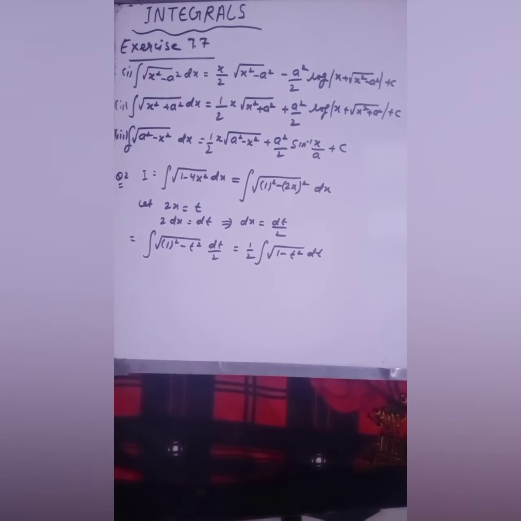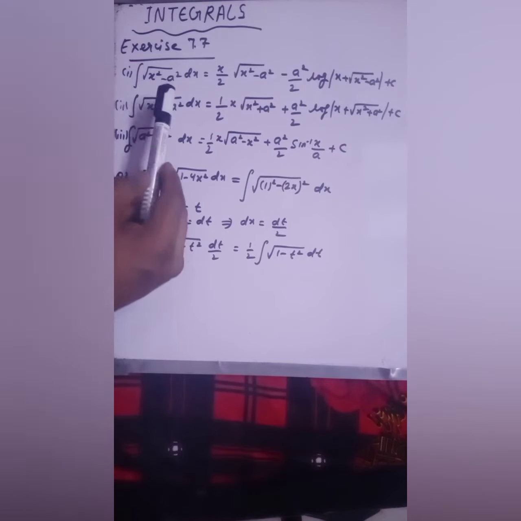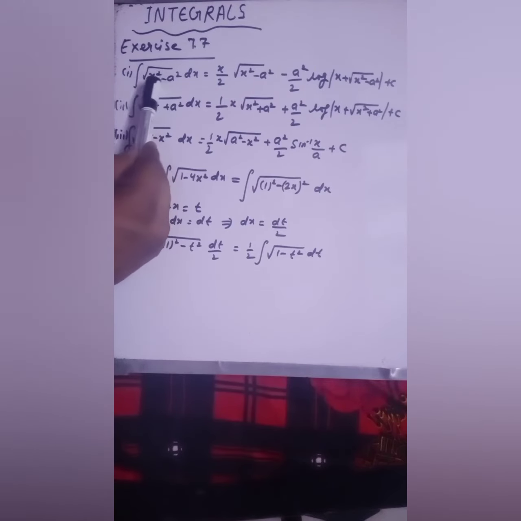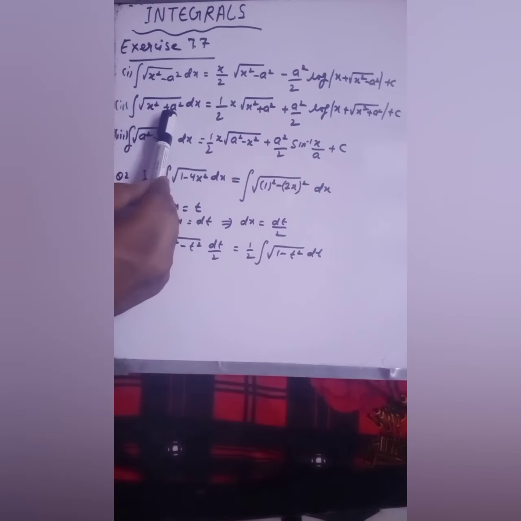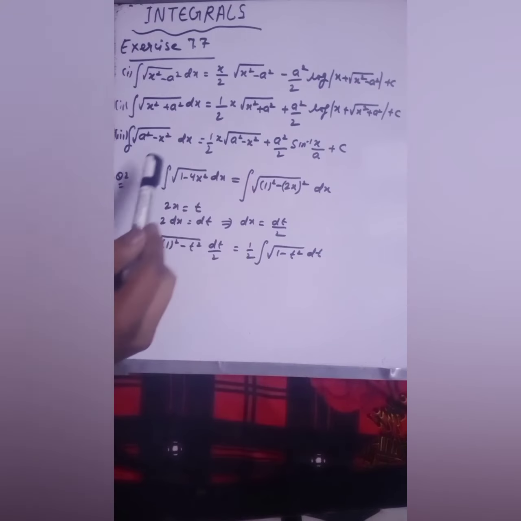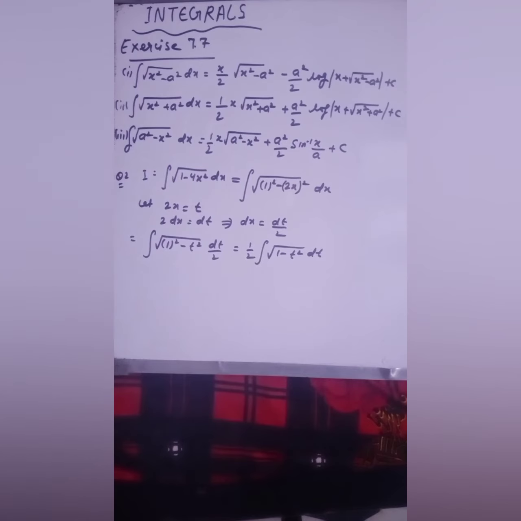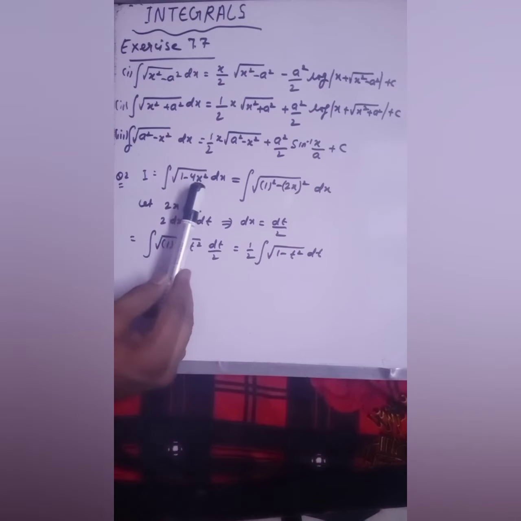In this exercise, first of all, you must know the three formulas. So here I have written all the three formulas. As you can see, if your integral is in this form, you have to apply this formula. If it is in this form, you have to apply this formula. And if your integration is in this form, you can apply this formula also. Here I have taken the second question of your exercise: 1 minus 4x square, we have to find the integral of this